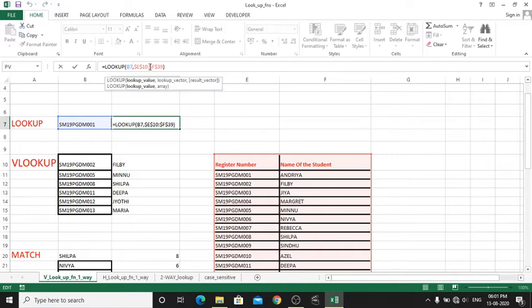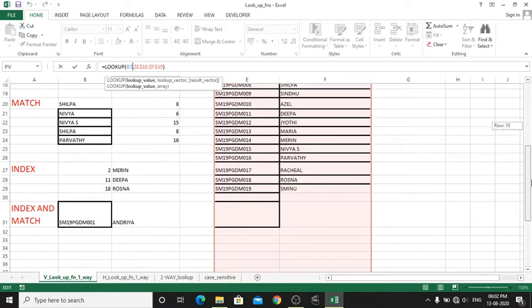Excel is asking us where it has to search this known value in order to find the unknown value. That should be put as the second argument. So this is my container, right? This is the table data from E10 to F39.